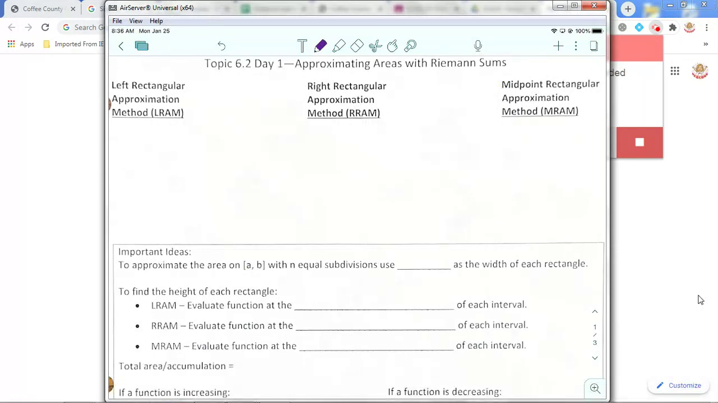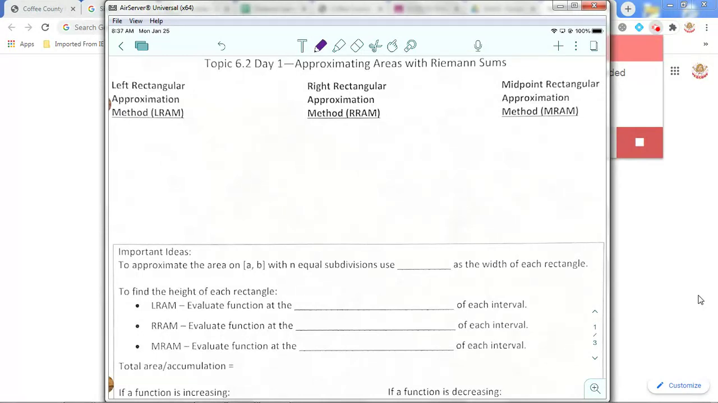Right, so today we're going to still be approximating those areas and accumulating areas, but we're going to use a calculus method called Riemann sums. And today we're going to talk about 3 different methods. The first is the left rectangular approximation method, or